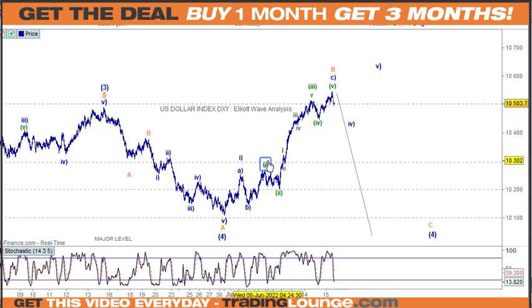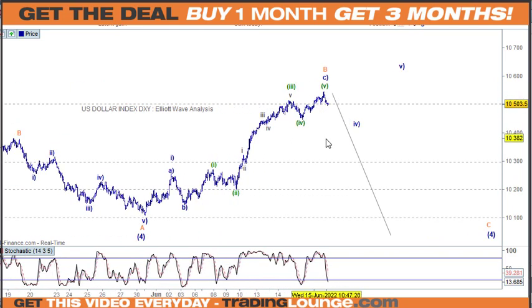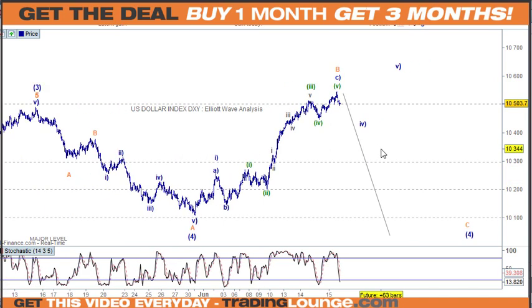But I want to call this top in right here, because as I did this morning, as 1, 2, 3, 4, 5 for 1 and 2, 3, 4, 1, 2, 3, 4, 5 here, so we call that top in. We've seen it drop from that point, but it doesn't mean that it's going to come all the way down here for this. We'll certainly see some type of correction at minimum coming down to the wave 4 of 1 lesser degree, but